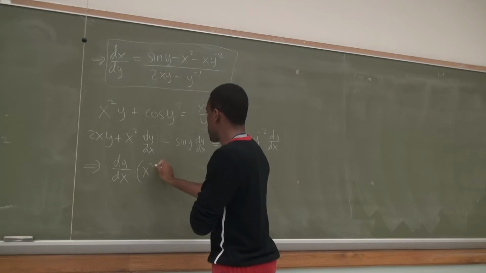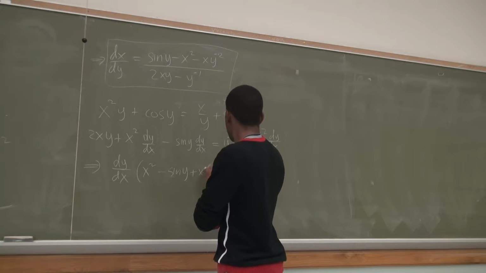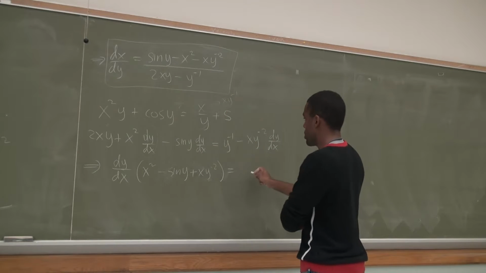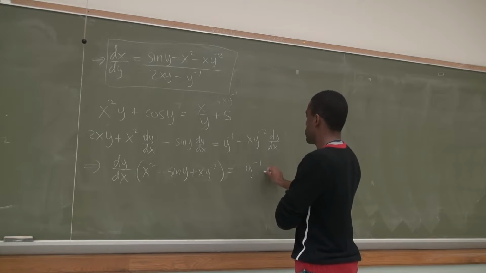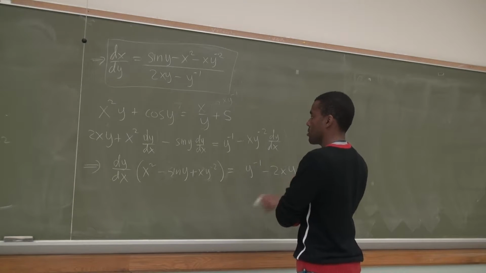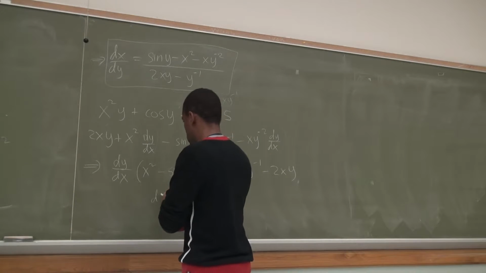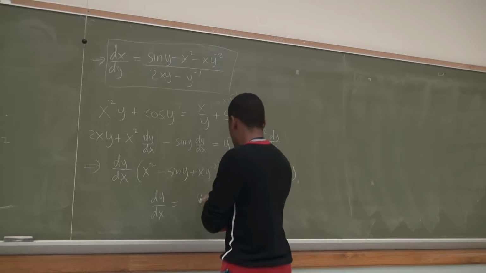So this is x squared plus minus sine y plus x y to the minus 2. Right? I brought this over and just factored it out. Over here I'm going to have y to the minus 1 minus 2xy. Is that okay? Oh, I missed that. So dy/dx would be